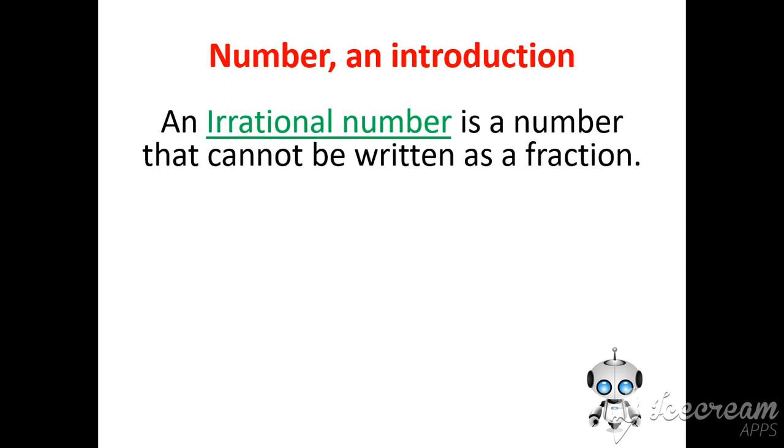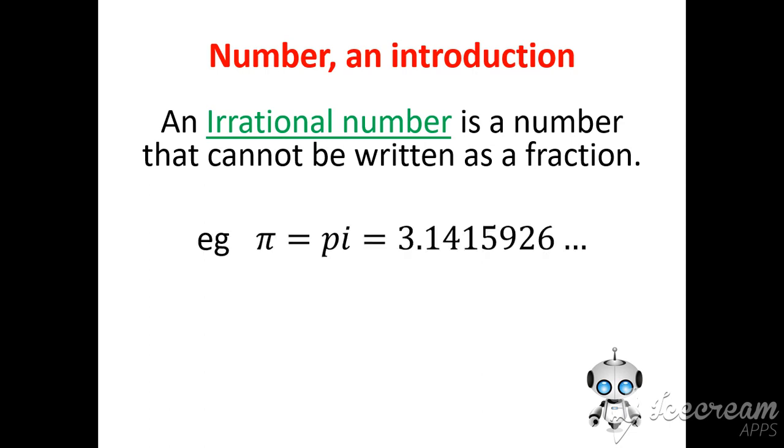Now, any number that cannot be written as a fraction is called an irrational number. So here are two examples. You may have come across them. If you haven't, you certainly will come across them in the next couple of years. The first example is a number called pi. It has this funny looking symbol and it's spelled pi. And it's about